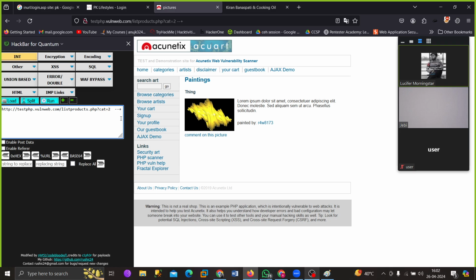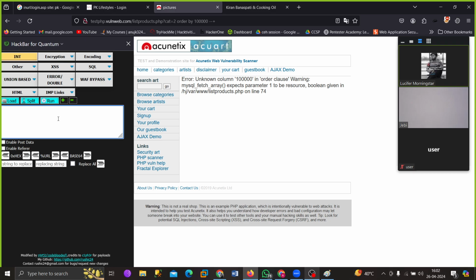As we know, developer is not using any parameters. Will I be able to use the order by clause? You ask me why you are using order by clause, Anuj. So we were trying to balance the equation, and now we will try to know how many columns are there. Suppose I put 1000, do you think a website will have 1 lakh columns? No, right? It is obvious. So we will keep on putting